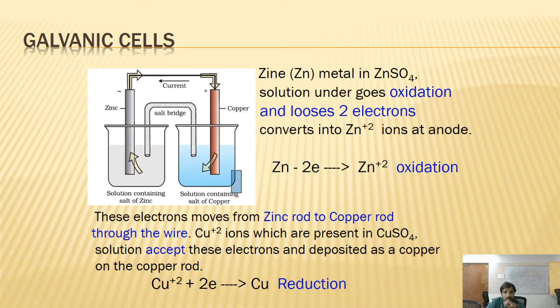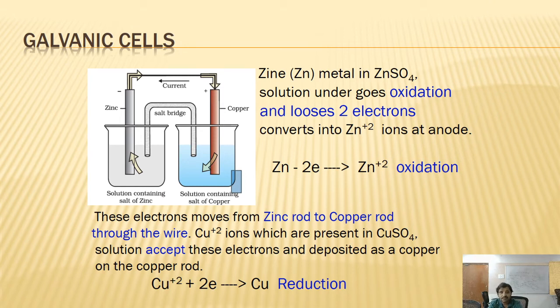Next, the 2 electrons which are lost by the metal zinc are carried through the wire from here to here. The electrons coming from the wire are caught by the copper plus 2 ions present in the copper sulfate, and the copper plus 2 ions accept the electrons and are deposited as copper on the copper